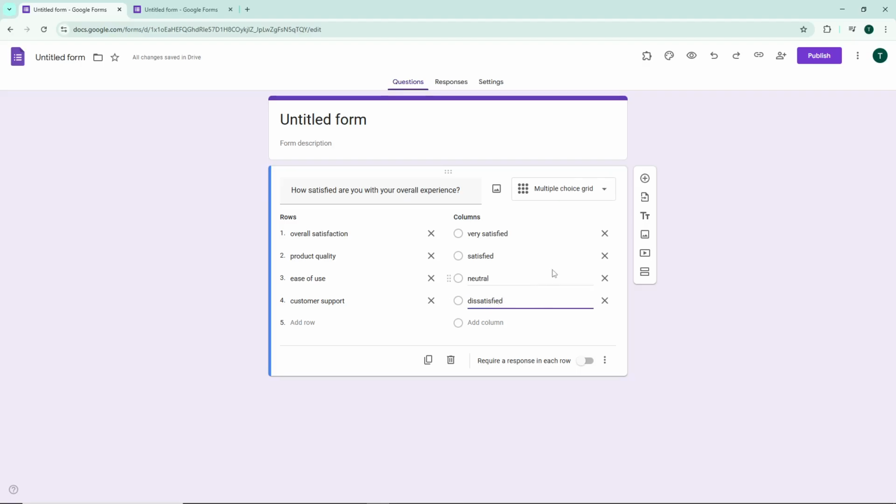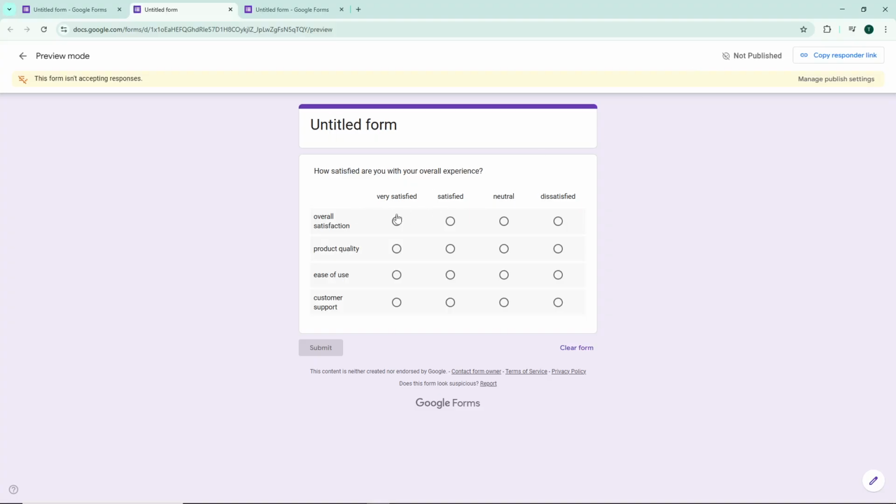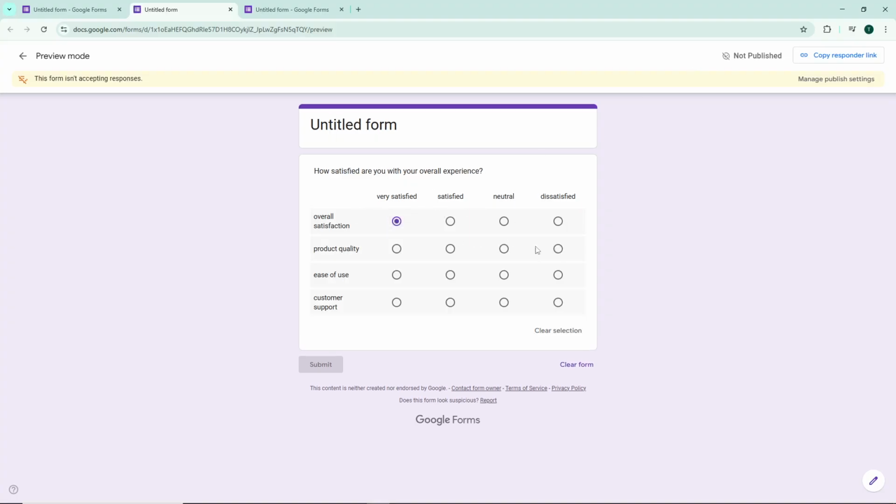In order to test how your table looks and functions, click the Preview button in the upper right toolbar. This opens your form in a new window, showing you exactly what respondents will see. You'll notice your question now appears as a proper table with rows and columns, making it easy for people to